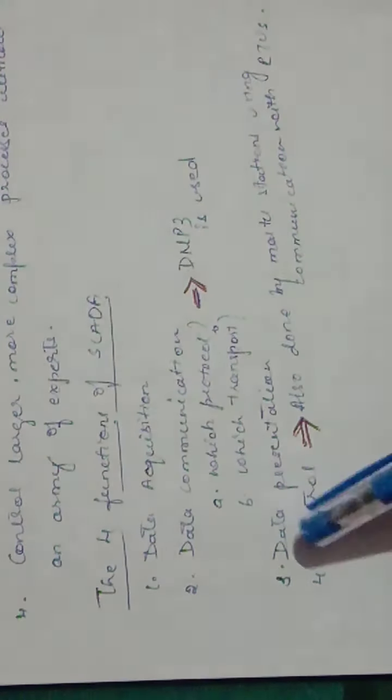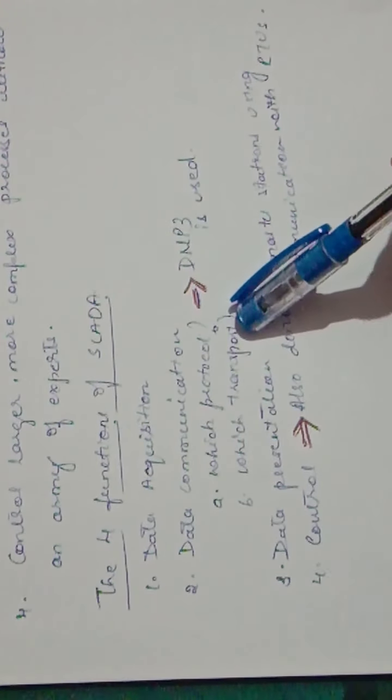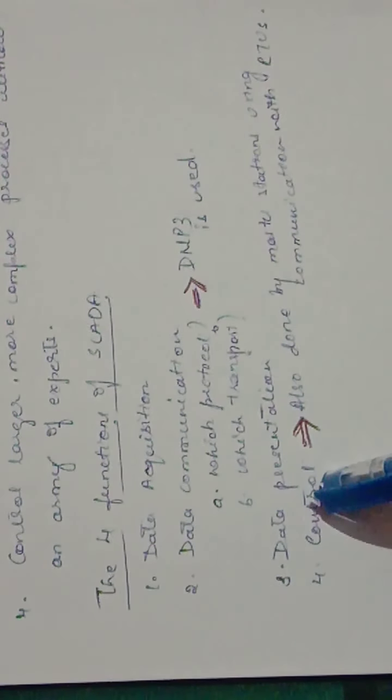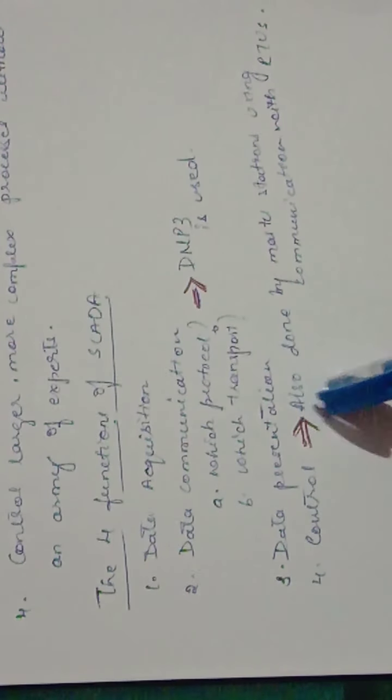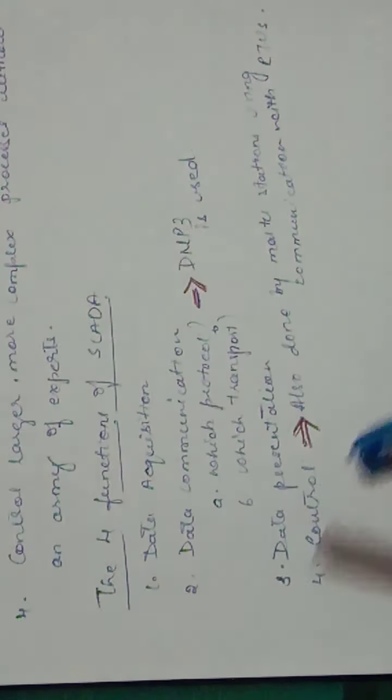So when you are communicating, you should know a protocol. Which protocol? This is where DNP3 is used, and it can be any transport medium, wireless or wired. And even for controlling, since your master stations are responsible for the controlling, this control is done by your DNP3. It allows you to do this controlling. So this is exactly a brief about SCADA and DNP3.